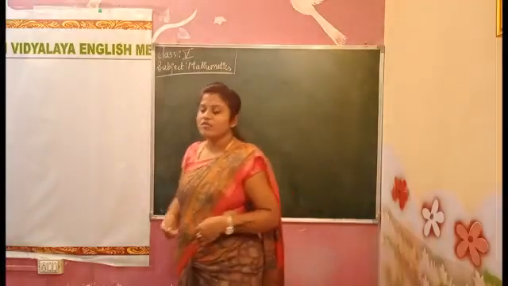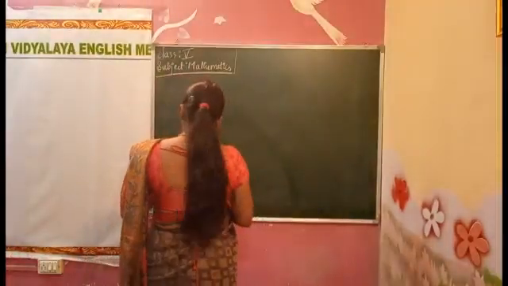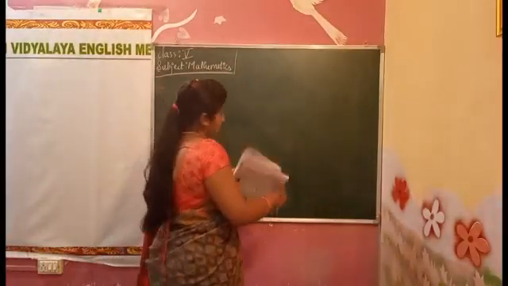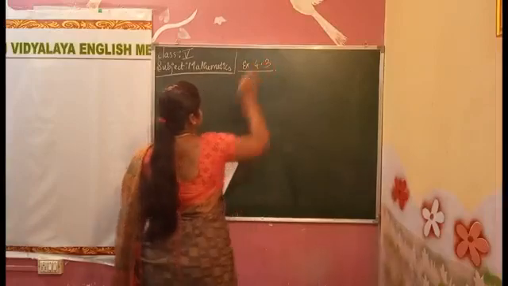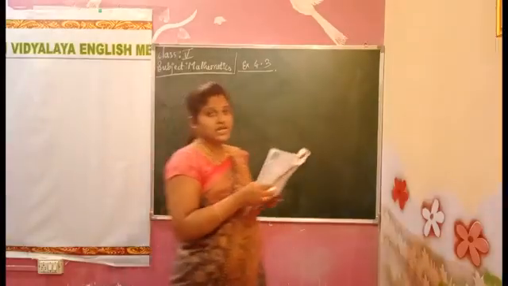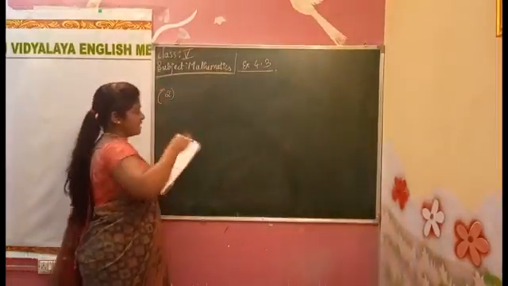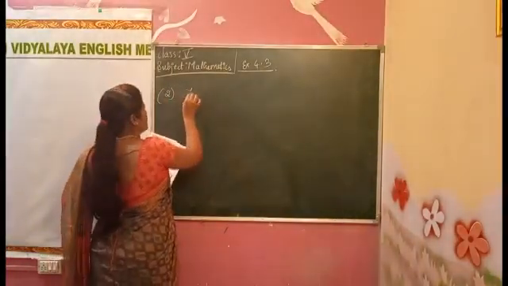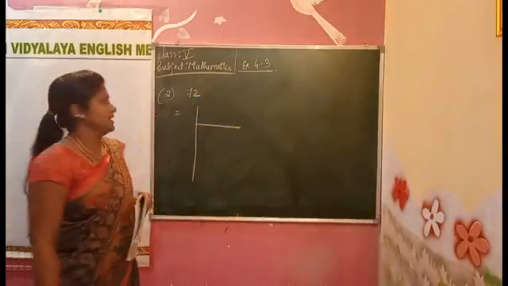Okay, now we'll start with the next problems. The division method, Exercise number 4.3. Yesterday we did 18. Now we'll do 72. We did 72 also, I think. Yes, we did, but we'll do it once again. Okay, 72. How do we do it? The division method will be like this.